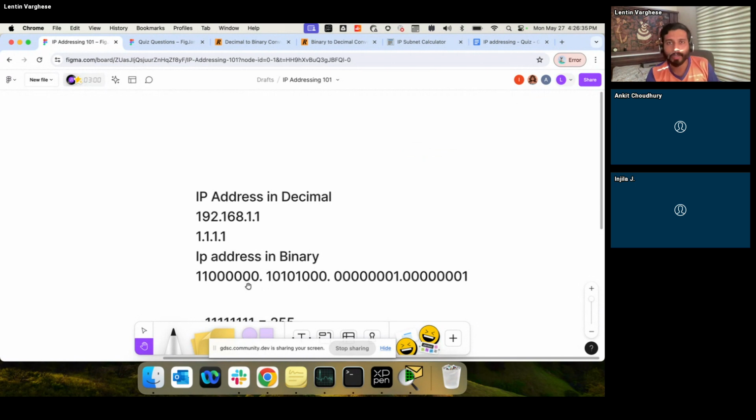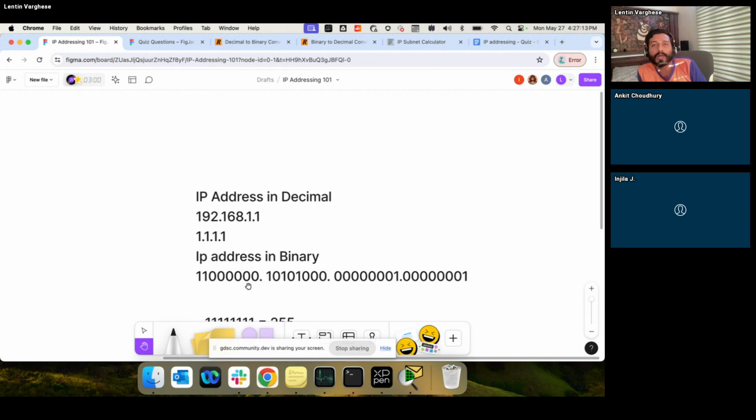Now we are talking about IP version 4 addresses. So in IPv4, we have 32 bits. Recently, IPv6 has been becoming more and more popular because we needed more and more IP addresses. The difference is IPv6 has 128 bits in it. For ease of understanding concepts, we will be using IPv4 in this session. Okay, coming back to the IP address: an IP address has 4 octets, 32 bits.